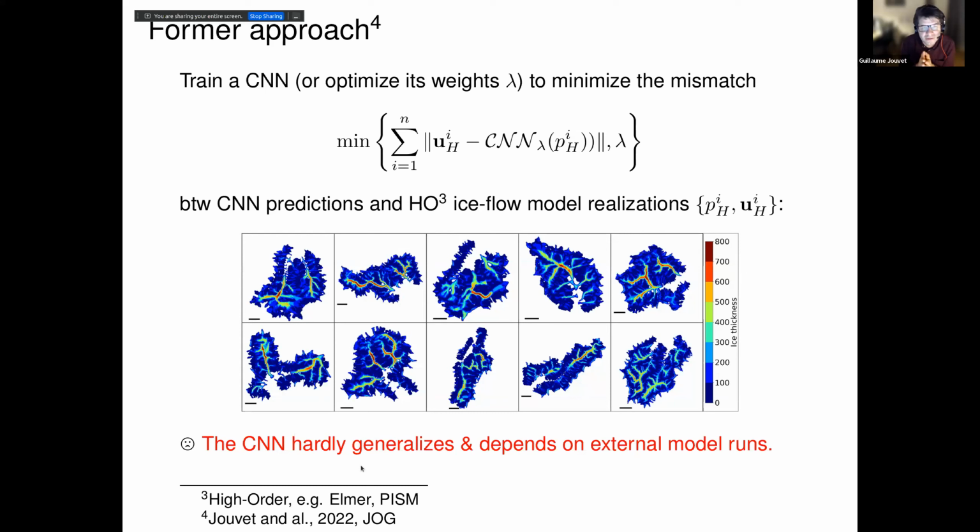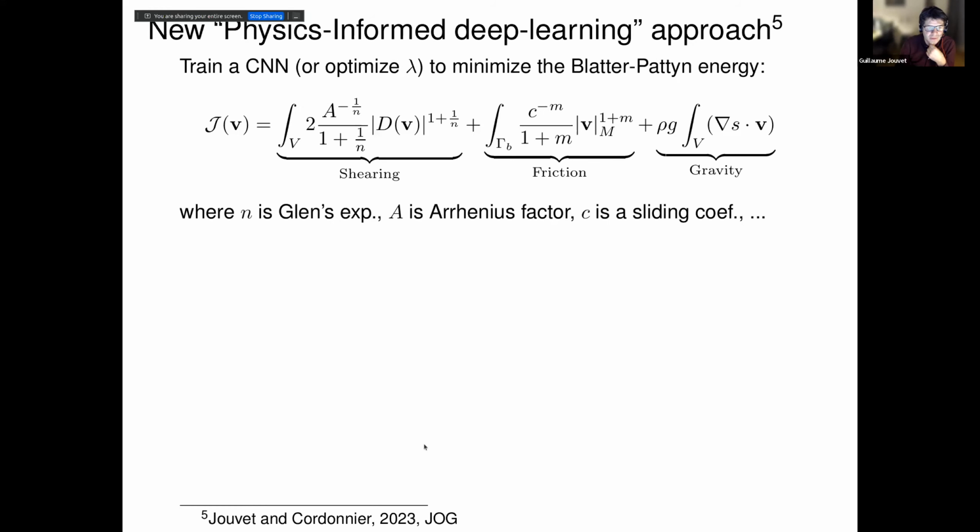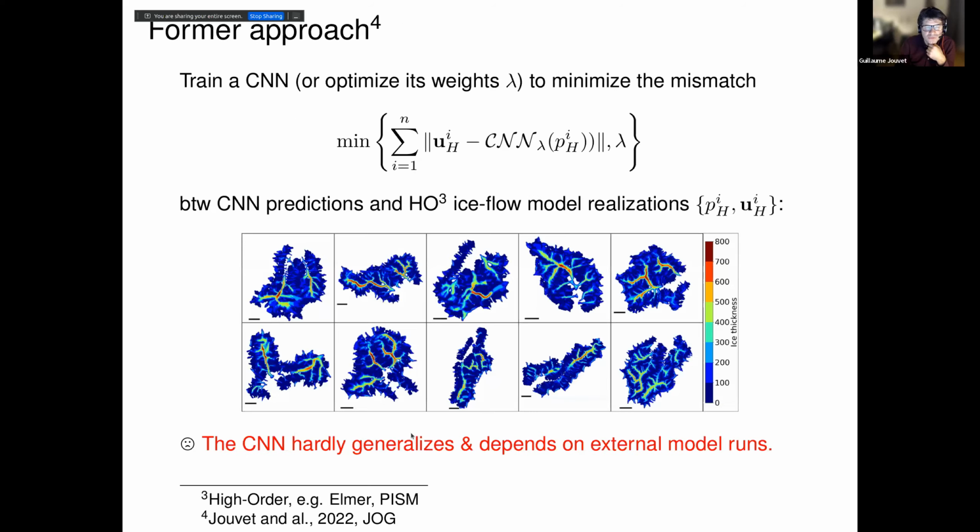Said differently, if we are training this on a mountain glacier, of course, don't expect it to be capable of modeling an ice sheet, which sounds kind of obvious, but this is really the problem of generalization. And that's the reason why I actually came with a paper last year with a new technique, which in fact was using, strictly speaking, the same neural network. It was just a matter of changing the